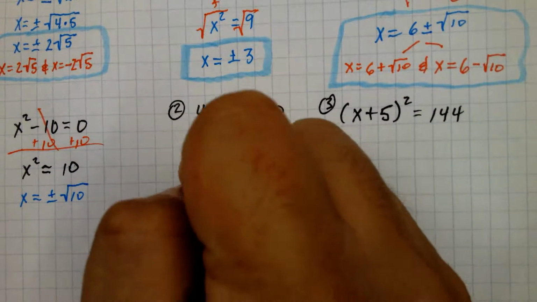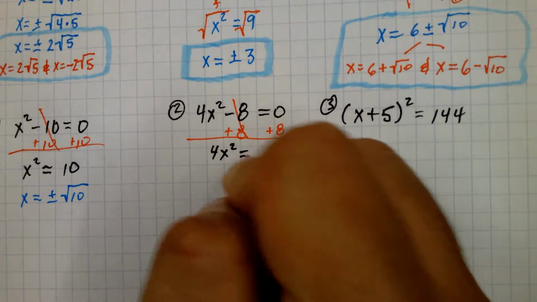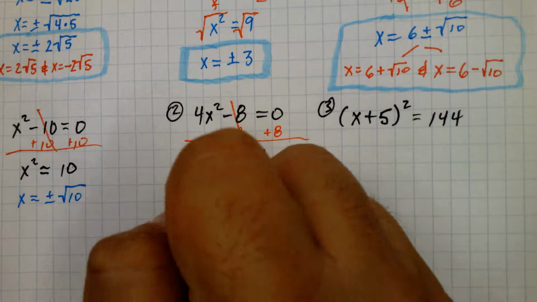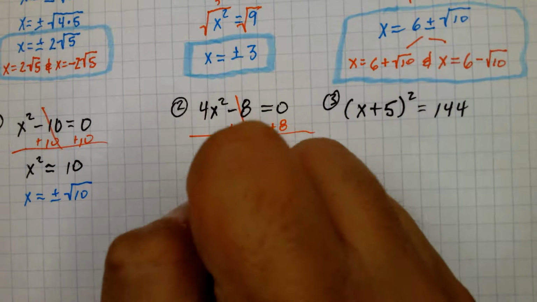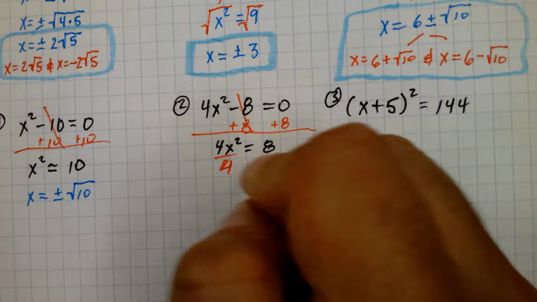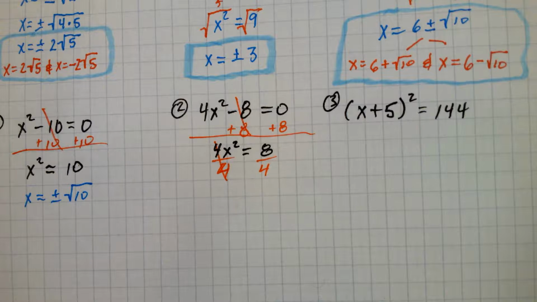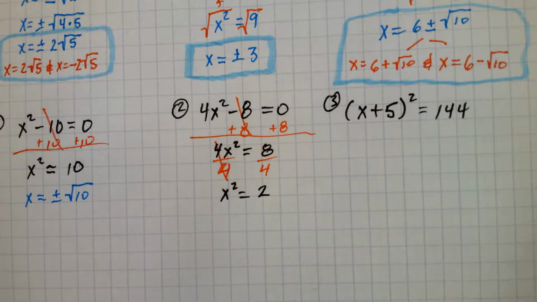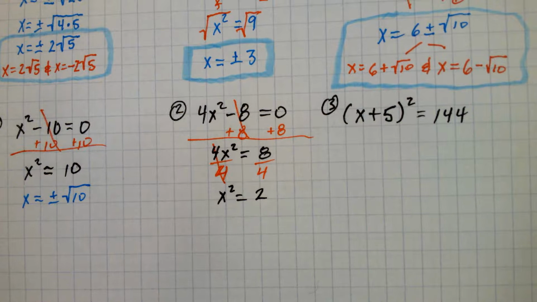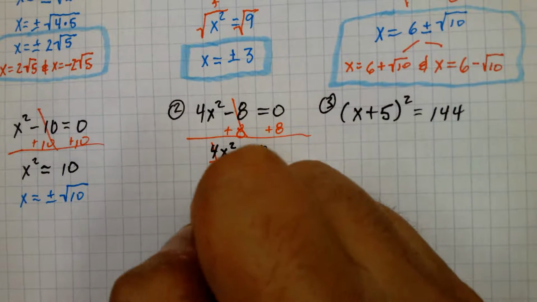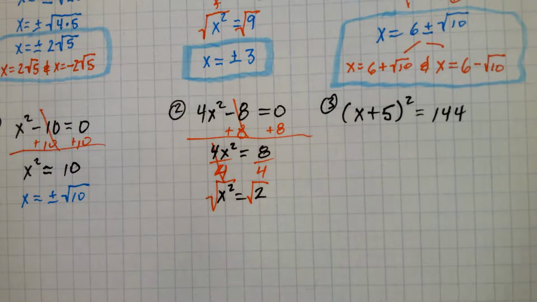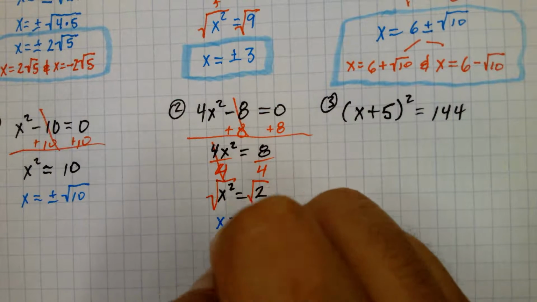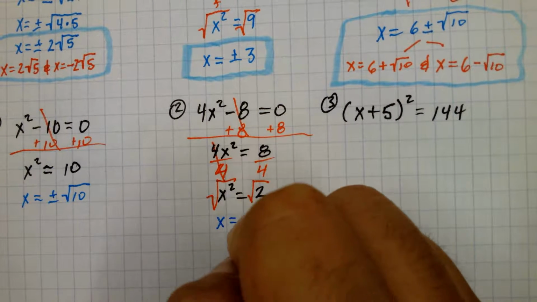So we got 4x squared equals 8 divided by 4. So I get x squared equals 2. So I get x equals plus or minus